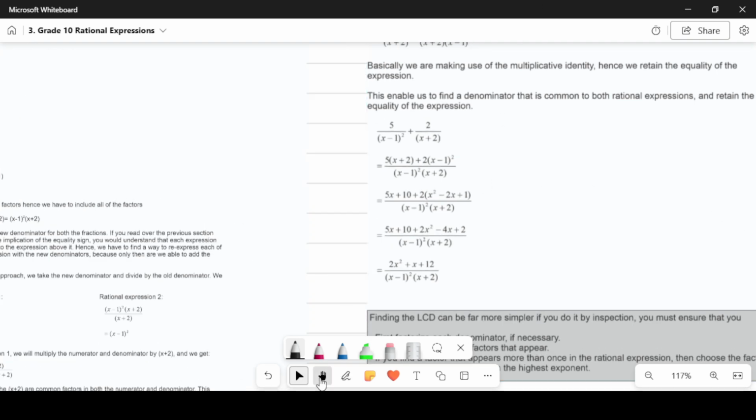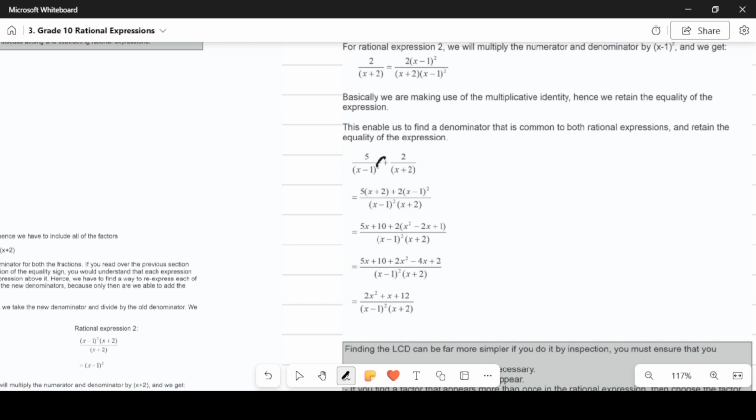Now remember, if this is a minus sign here, then you'll have a minus sign. You have to be very careful here, because this minus sign will distribute into the terms in the brackets. So you have to make sure that you copy whatever sign you have there. If you're subtracting fractions, you'll subtract these two parts. If you're adding, you'll add these two parts. Very simple. So now if you open up the brackets and simplify, we'll have 5x plus 10 plus